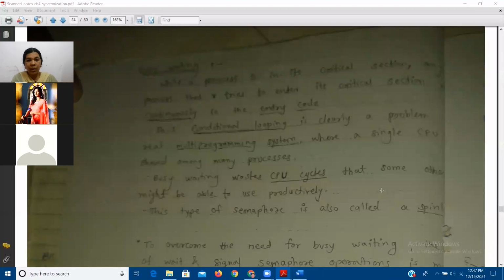So here what is going on? As P1 is inside the critical section, it totally depends upon P1 how much time the critical section should be used. Some of the applications are there where we are able to set the time, and some where we are unable to set the time. So in that case, one process may be inside the critical section for a long time, and the remaining processes are unnecessarily executing the entry section a number of times. I hope you are understanding.